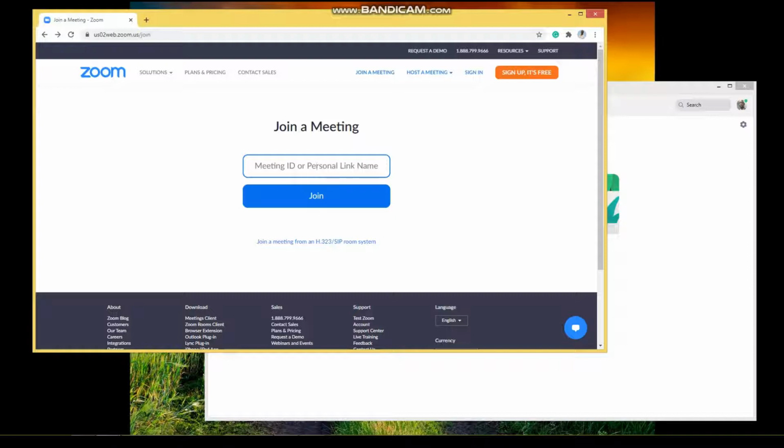First of all, when you have a Zoom invitation, there is an option to join meeting right here. So you click on join a meeting, and it opens a window that looks like this, which allows you to put in the meeting ID or the link name for the meeting. You put in the ID and you click on the join button, and it will ask you to